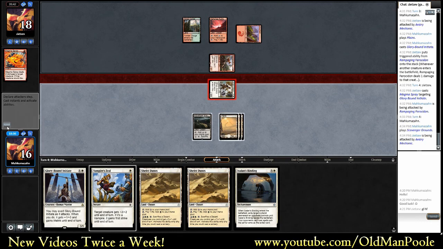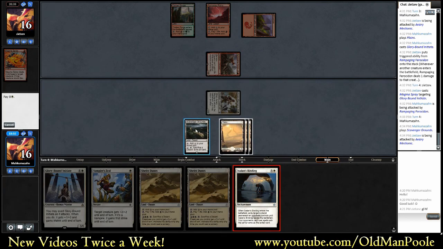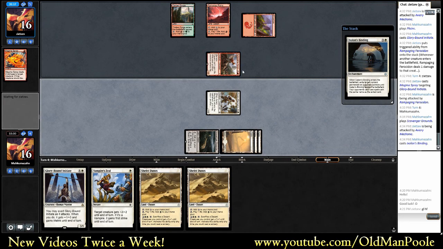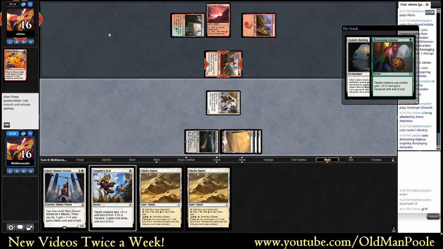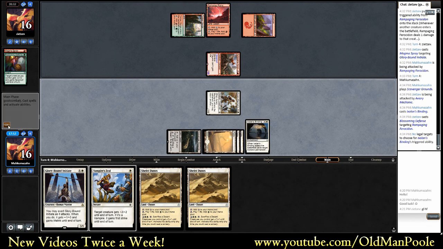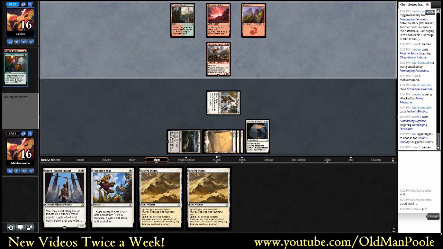That's his plan. Doesn't look like it though. I do not blame, certainly. Okay. Play Ixalan's Binding. Hope that my opponent doesn't interact with this. Blossoming Defense. It's not great. Alright. So no target for the binding there. We did get the Blossoming Defense out of my opponent's hand on his turn, which is kind of nice, but...